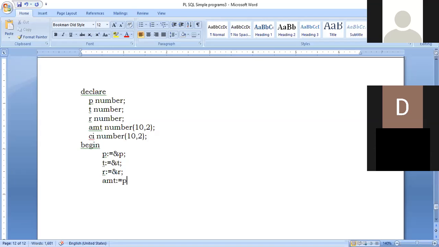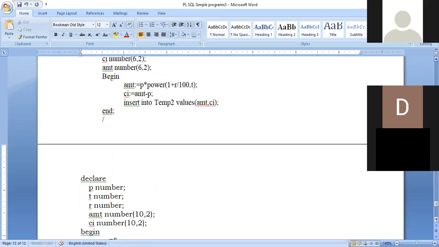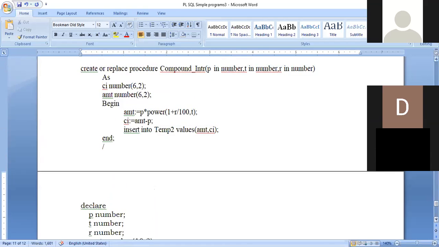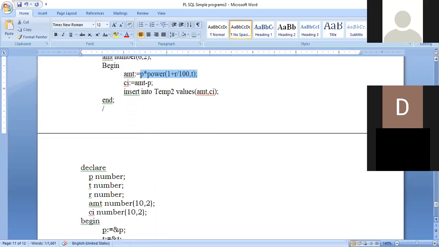So our formula is P into, now I have to start a bracket. I'll just show you that formula here. This is how I can use a power function here.